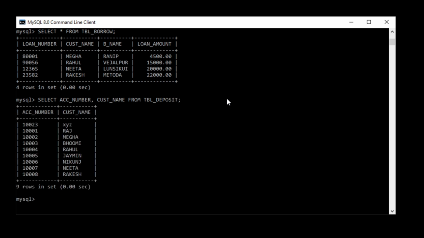Okay, so now in this one we have to select only two columns. The first one is account number and the next one is customer name.